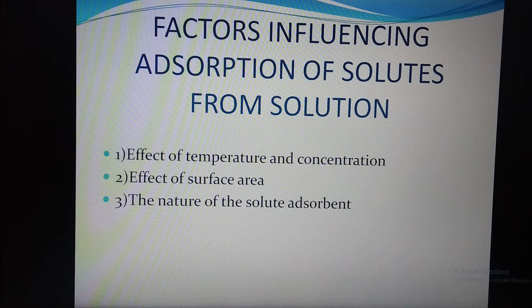Effects of temperature and concentration. Temperature and concentration are very important in surface chemistry. In our previous video we also talked about temperature and concentration, surface area, and nature of the solute and adsorbent. We talked about these three, but we covered more things in that, like thickness of the adsorbent and